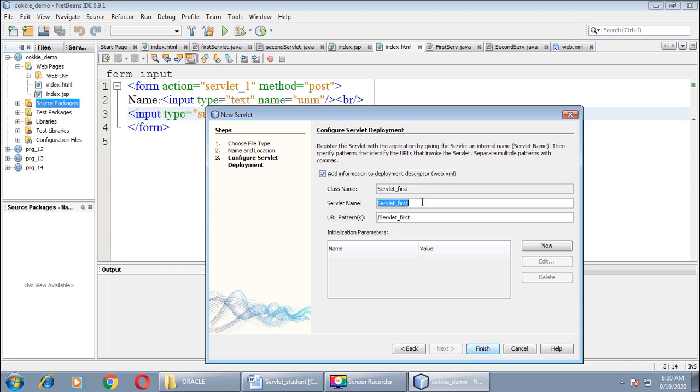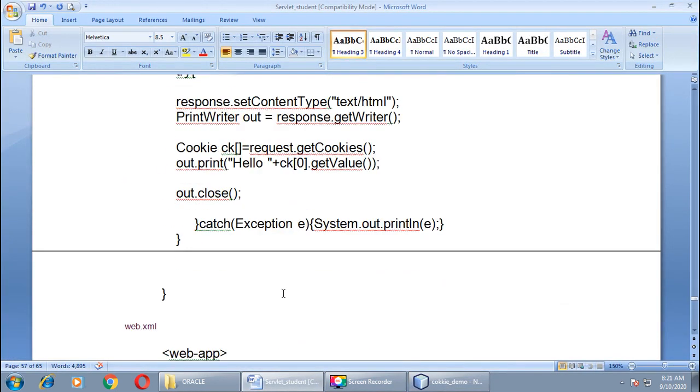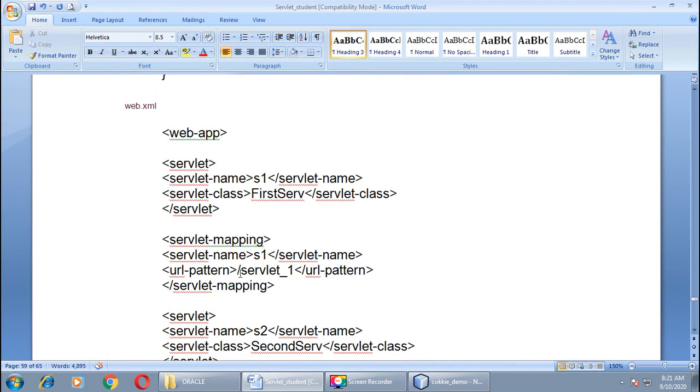Now I want to change the servlet name to servlet1, as I have used in my HTML file. Here you can see servlet1 and my URL pattern is /servlet1.